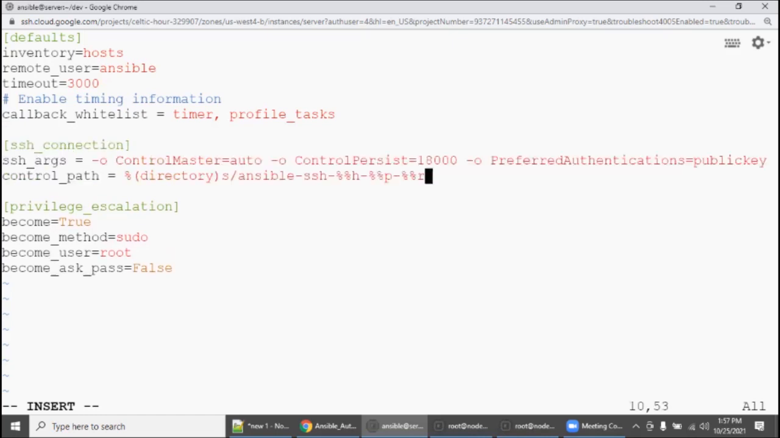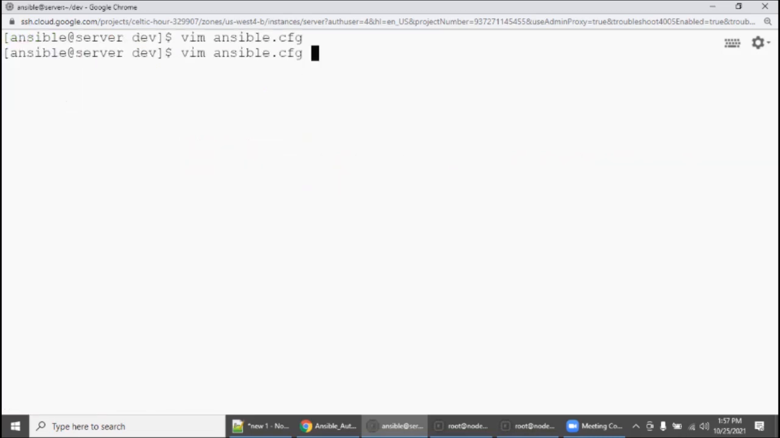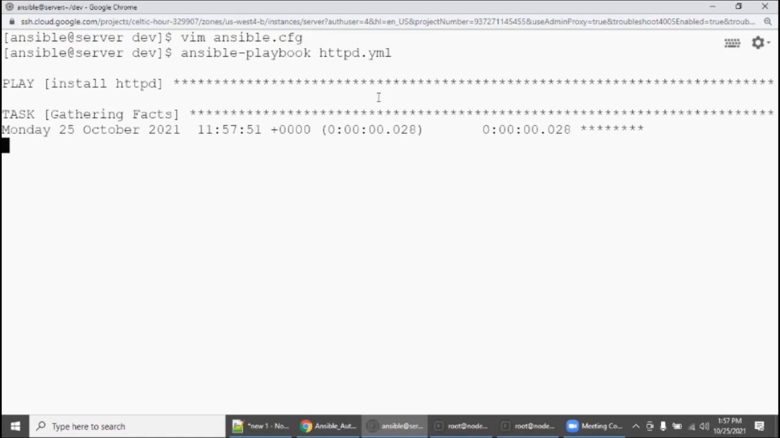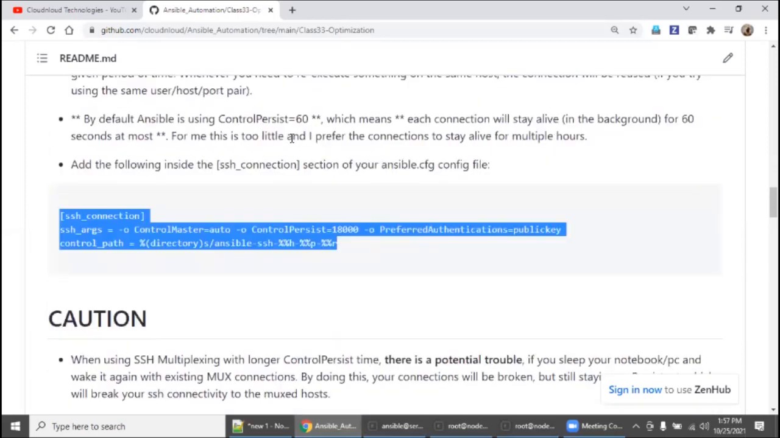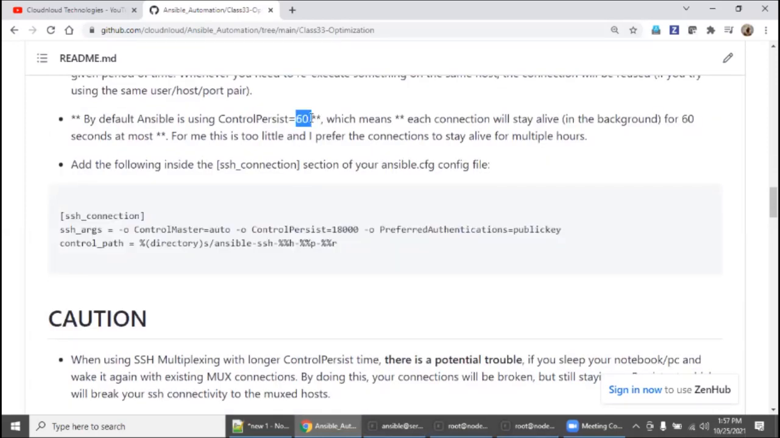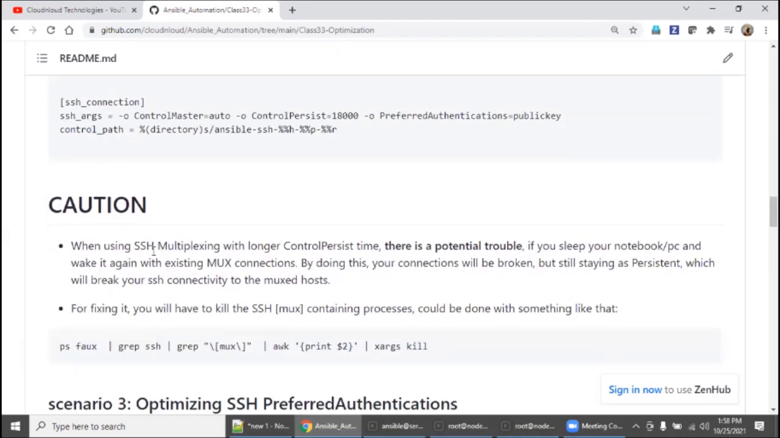So you are giving the parameters. Even for the public key, if you have any specific one, you can also change this while establishing the connection, what kind of key file you want. This also can be controlled via these settings. Now I'm going to execute it. Even though you are not seeing any difference, it will control your connection establishment and the connection stay period. So even for SSH multiplexing with a longer ControlPersist time,